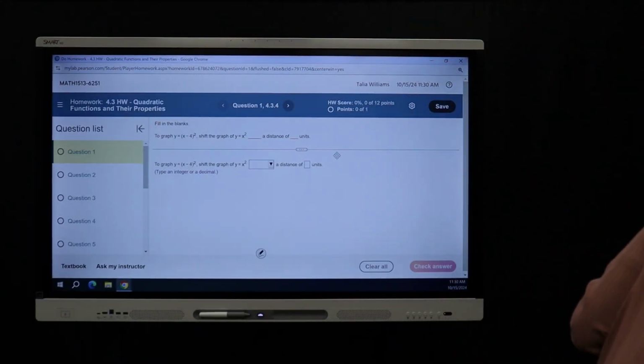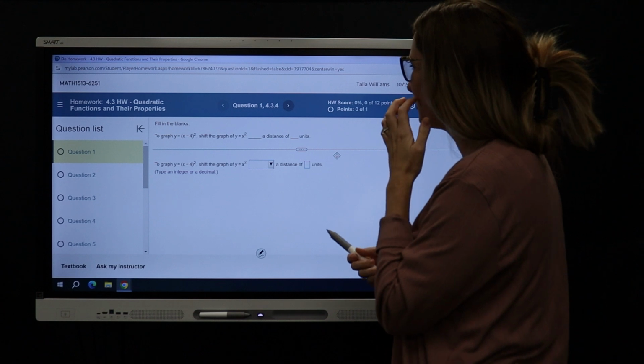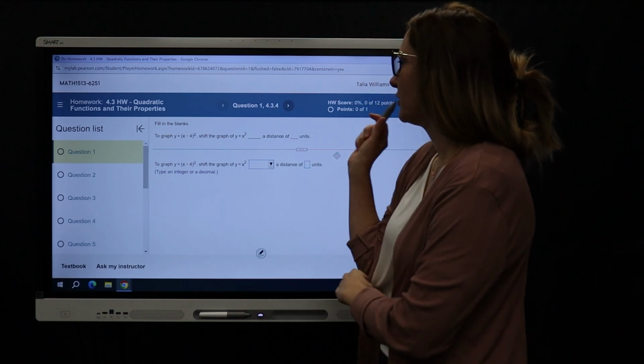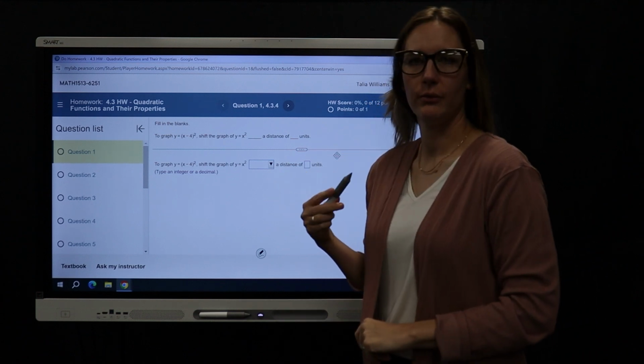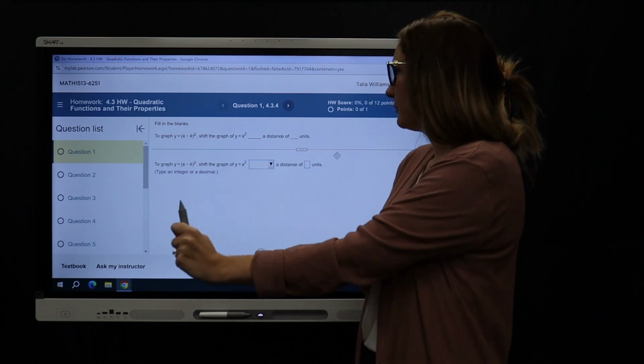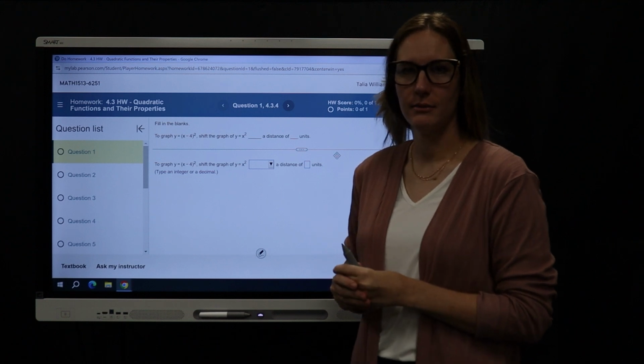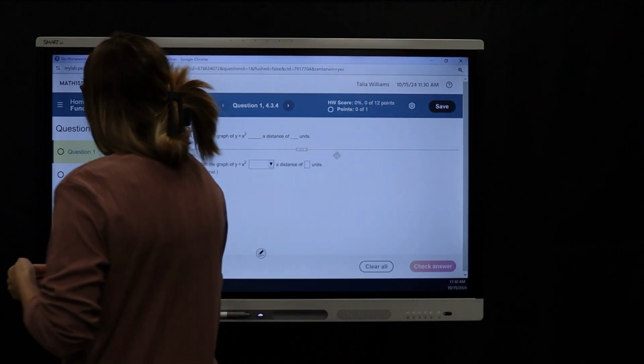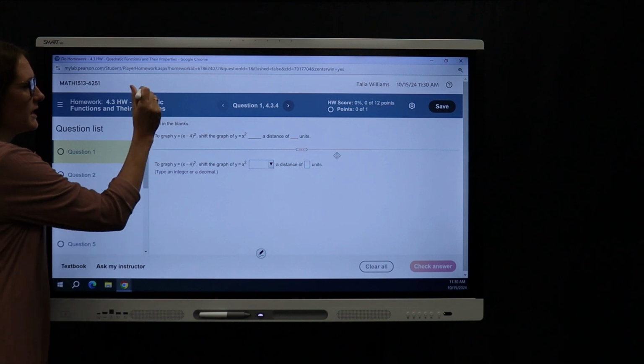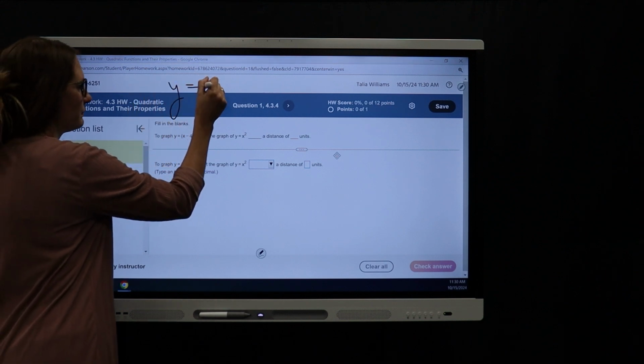Okay, here we go with section 4.3. So we're hopping right back into it with what we did previously. There's a little bit of extra stuff to the quadratic ones because we have to complete the square on some of these to get them back to the vertex form. So the vertex form of a quadratic equation